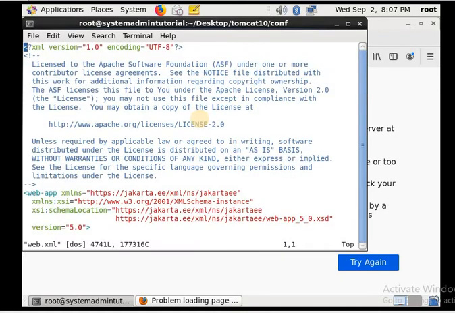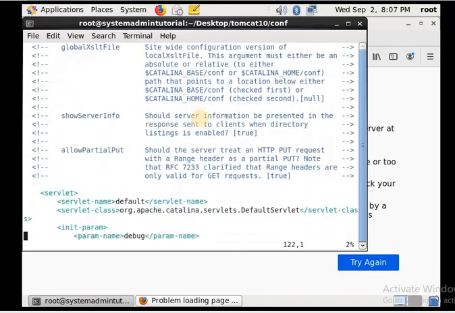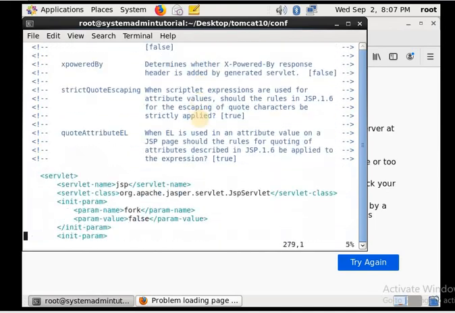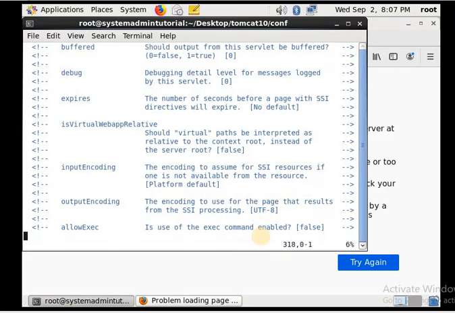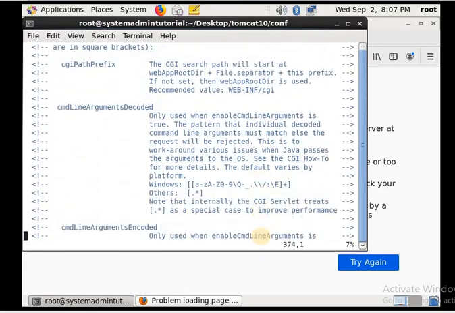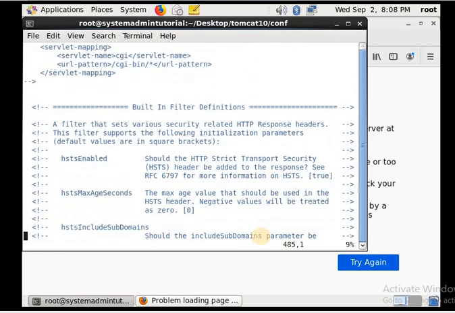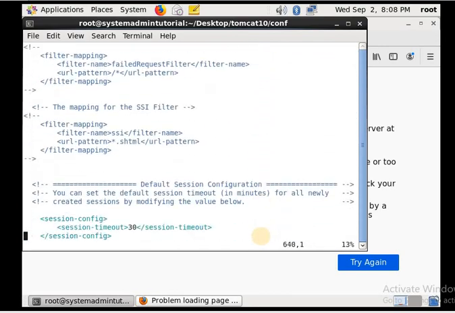We have to add some parameters to customize our error page. Inside this web.xml, we have to go to the end of the file and check what error code is there and what needs to be added.